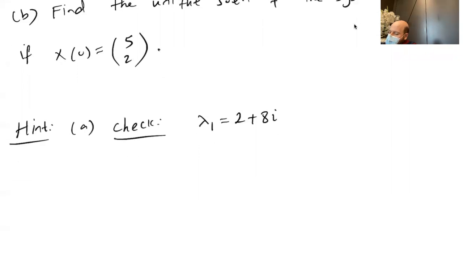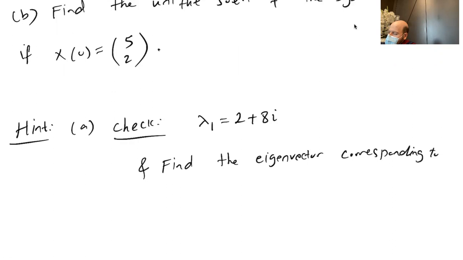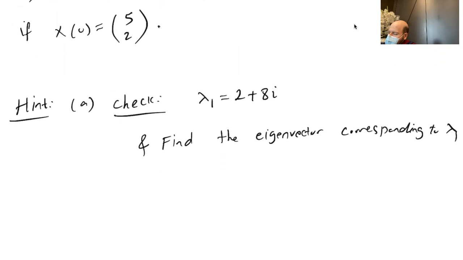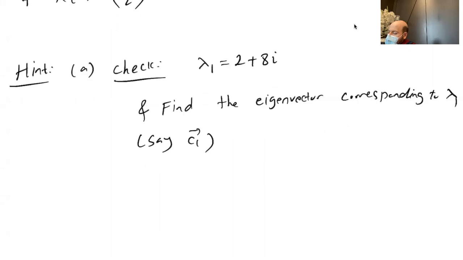So let's say lambda 1 is equal to 2 plus 8i, and find the eigenvector corresponding to lambda 1, you can call it C1. Then you can construct C1 e to the power lambda 1 t